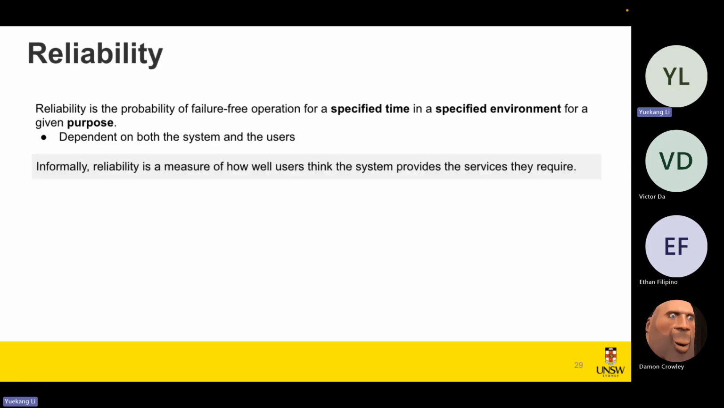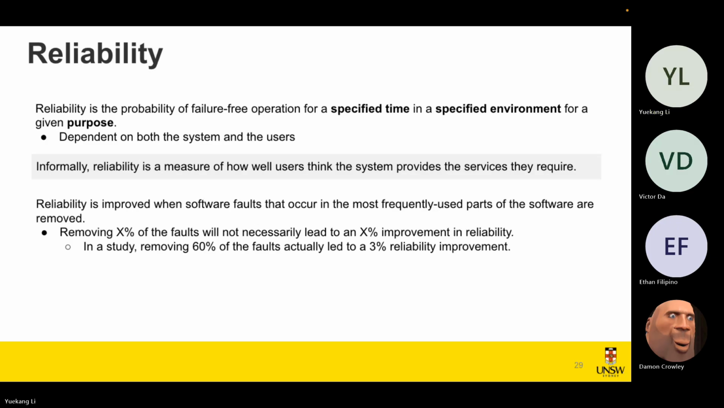And informally, reliability could be described as a measurement of how well the user thinks the software runs. So it's how good the feeling of the users is. Right? So reliability is improved when the faults are removed. And because it is actually related to the feeling of the users,